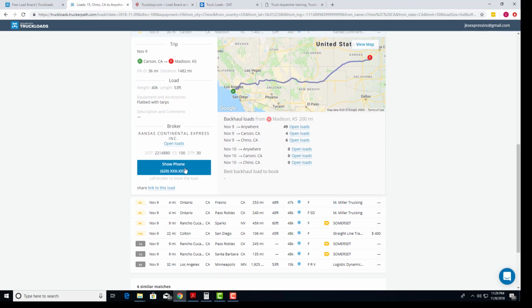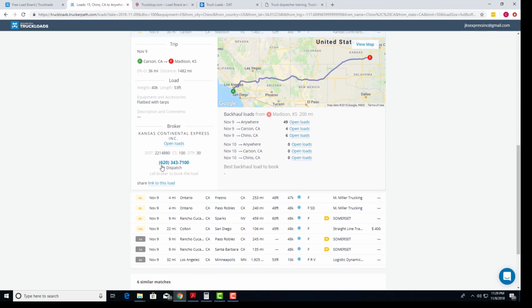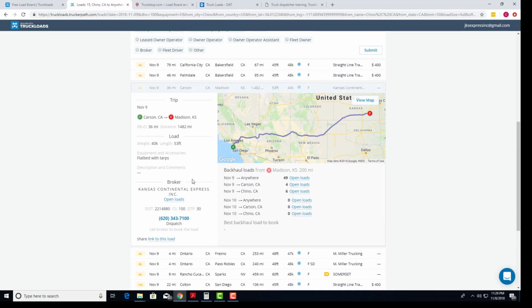So here it says show the phone number, right? Here you can see that is the phone number to contact this dispatcher. We're going to go ahead and call this brokerage company to be dispatched for this specific load. So what you'll do at this certain point in time is start to have that initial contact. You want to call this broker and find out the detailed information about this load. So the way you would go from this point on is you would dial this number,